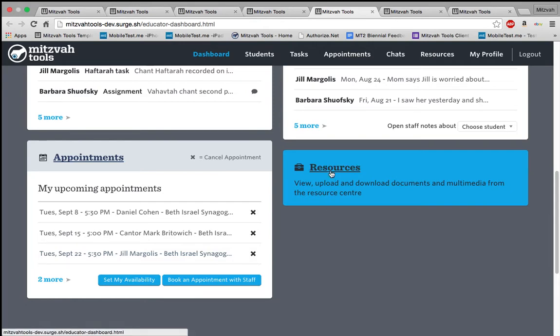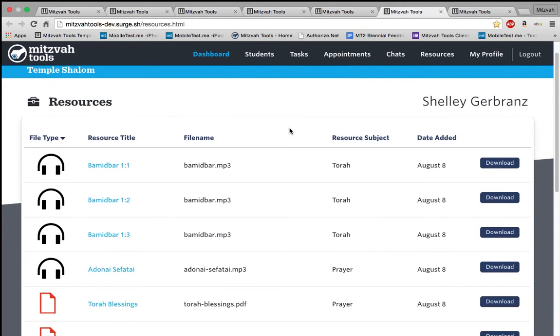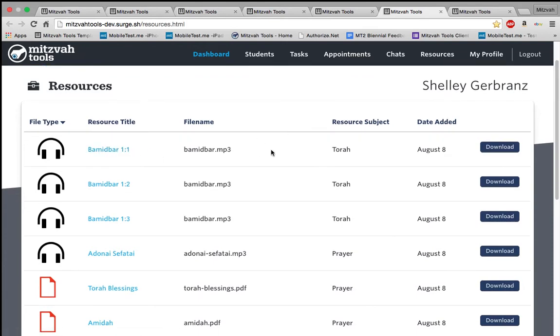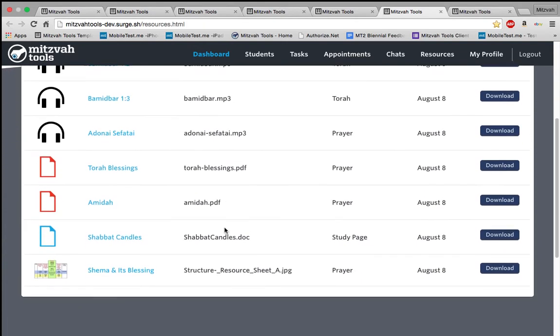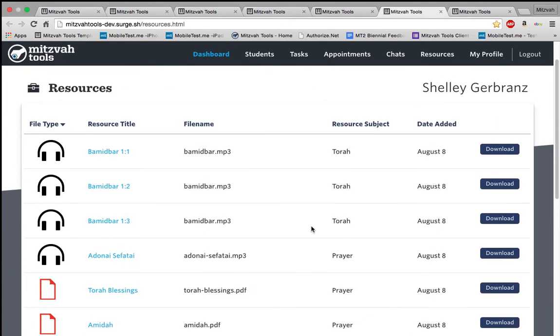And then there's a resource bank. The resource bank contains student resources that Shelley has uploaded for access to her students. And so here in the resource bank we can see audio files, PDF files, Word documents, JPEGs, any kind of file Mitzvah Tools can take within the system. The student or the educator simply clicks on download and that file will download locally to their handheld device, to their laptop, playing directly in iTunes or Google Play or any of the other systems that students use to interact